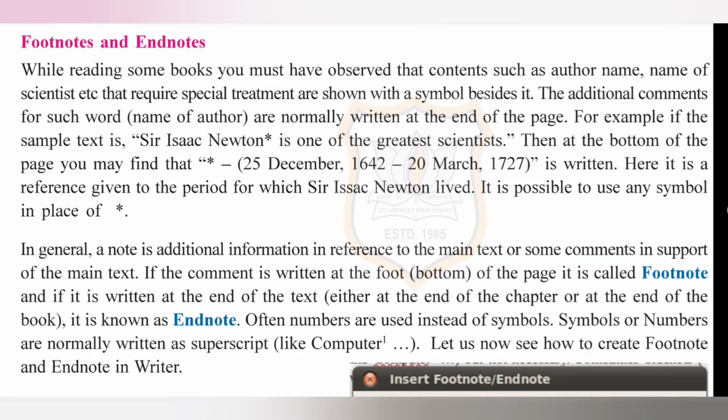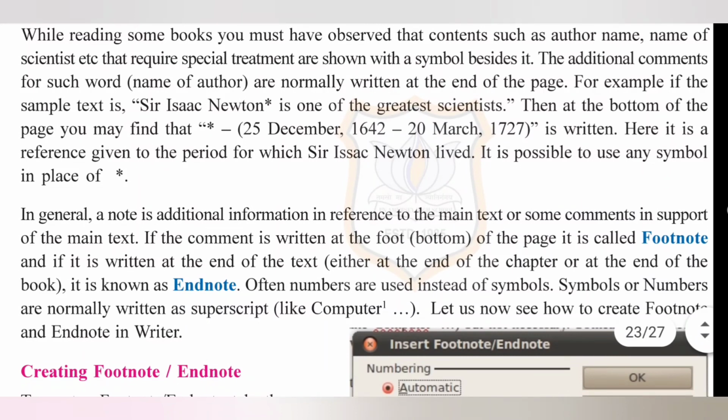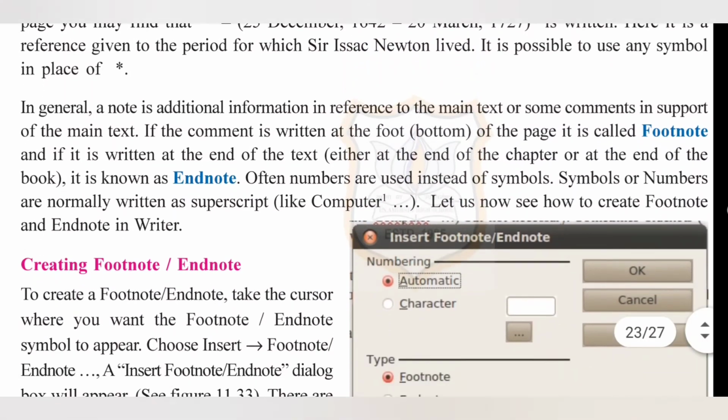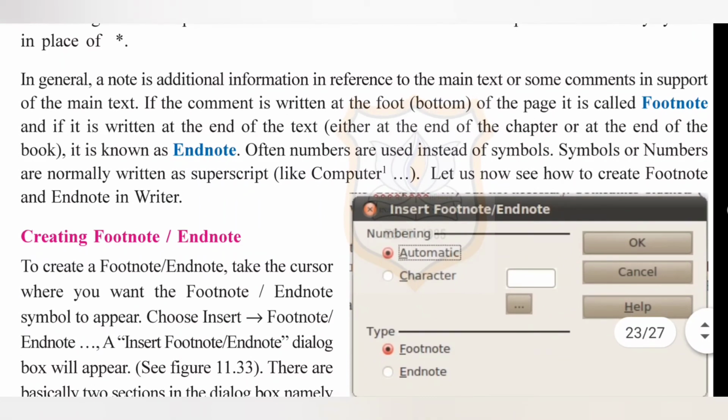For example, if the simple text is Sir Isaac Newton is one of the greatest scientists, then at the bottom of the page you may find that 25 December 1642 to 20 March 1727 is written. Here it is a reference given to the period for which Sir Isaac Newton lived. It is possible to use any symbol in place of asterisk.